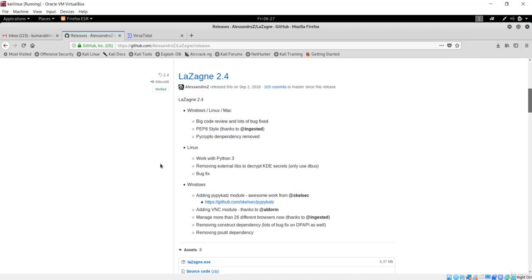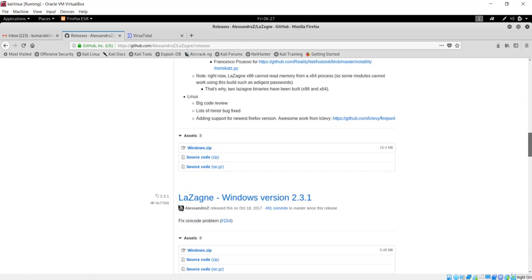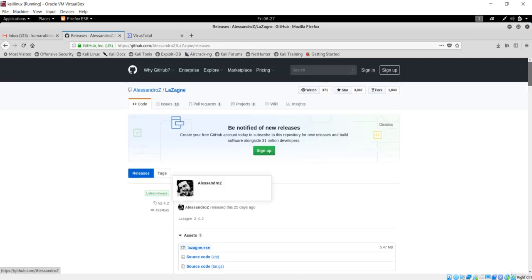We just call this Lazagne, and basically this is the application that is going to give us information about the stored passwords on your machine. It is available on all of these platforms, and it is a bit old, so it has been around for quite a long time. You can see the version has reached 2.4.2, and credit goes to this developer over here.